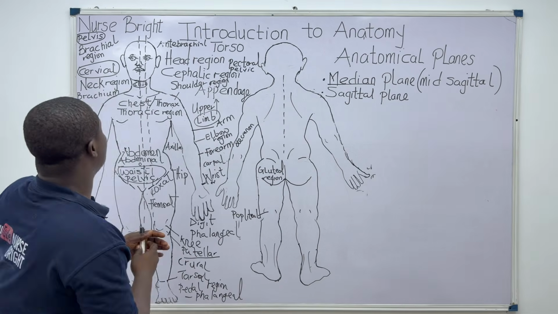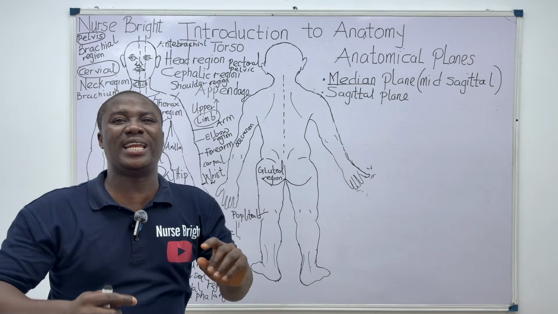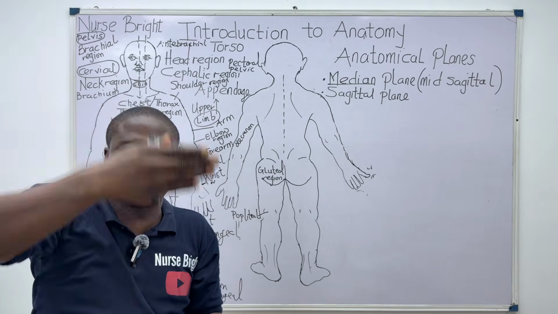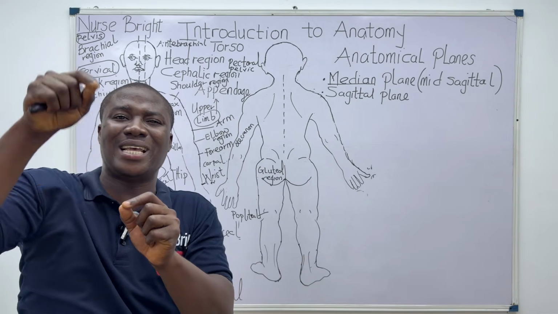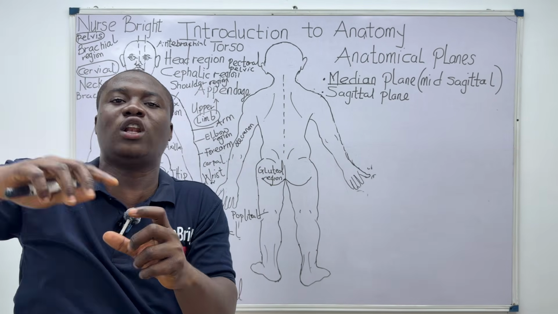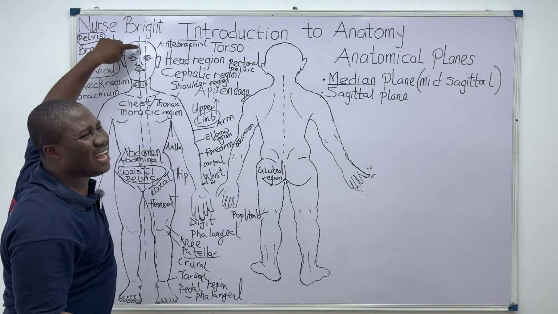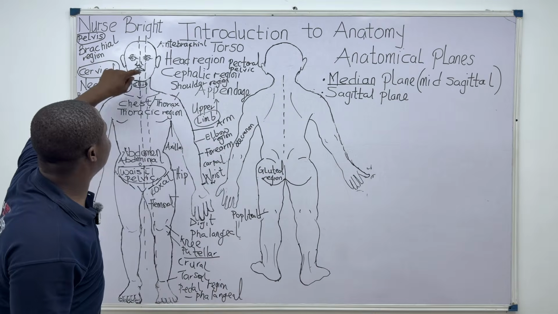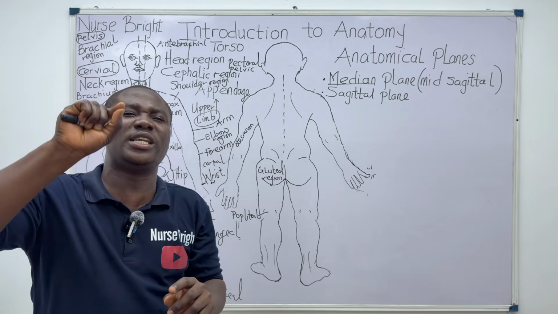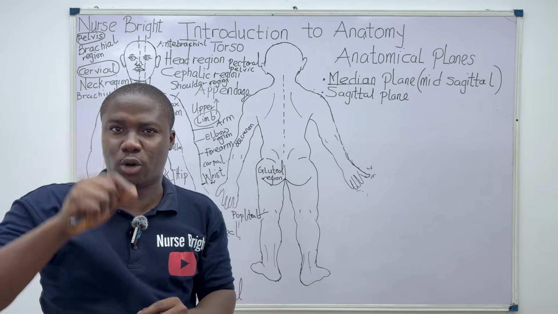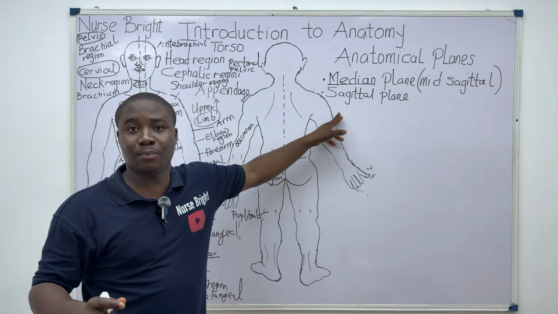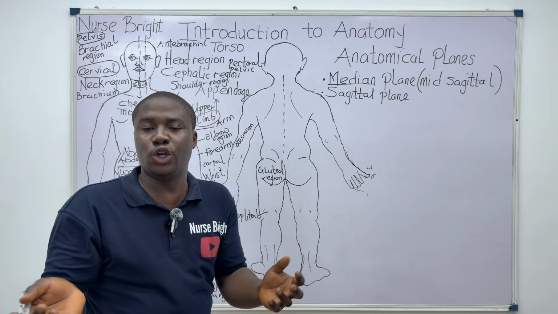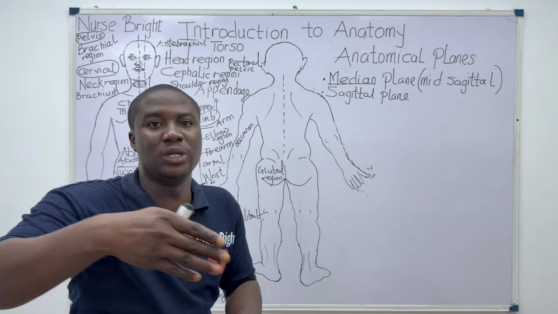All right, but what they do is that they run parallel, in the sense that parallel lines are lines that don't meet. So in summary, about this sagittal plane, the halves they are going to produce after you have used the imaginary line to cut through that body part are basically unequal halves. Like for the median plane, we had equal halves, right and left halves, right? But for the sagittal plane, we are going to get what? Unequal halves. This is essential, you must note it. Example of the sagittal planes.